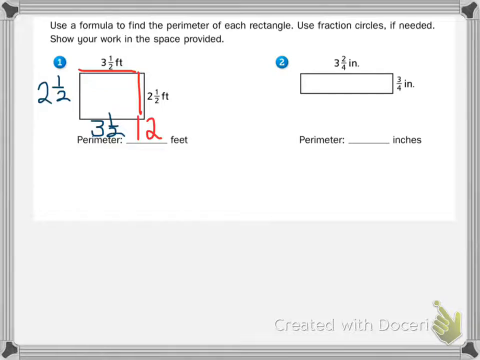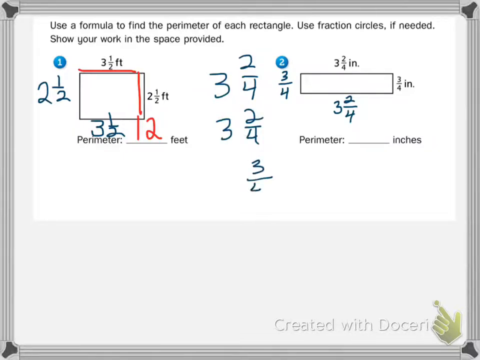I know that since the right side is 3/4 inches, the left has to be 3/4. Since the top is 3 2/4, the bottom has to be 3 2/4. All right, let's see if we can find the perimeter. So we have 3 2/4 plus 3 2/4 plus 3/4 plus 3/4. All right, when I add those all up,